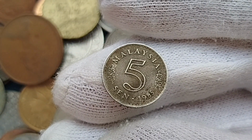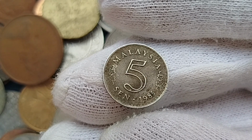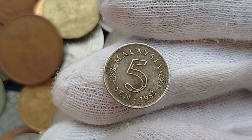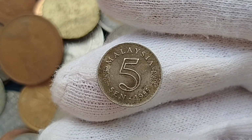Economic value and collector demand. From a collector's perspective, the value of a 1985 5-sen coin isn't in its face value. It's in its story and condition. A circulated coin may be worth just a few cents, but a flawless, uncirculated example can fetch a higher price